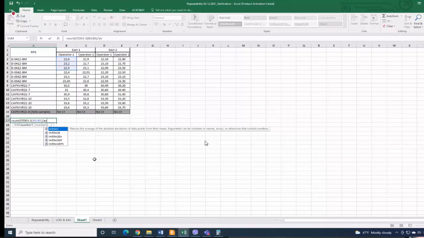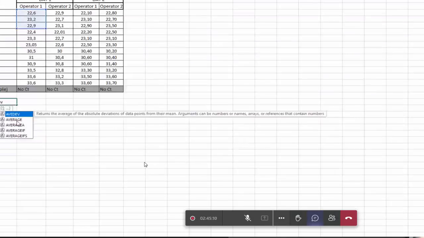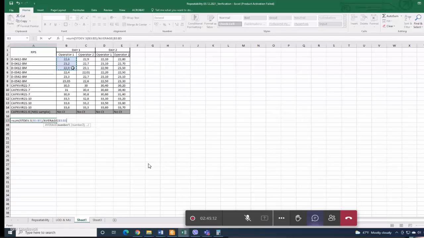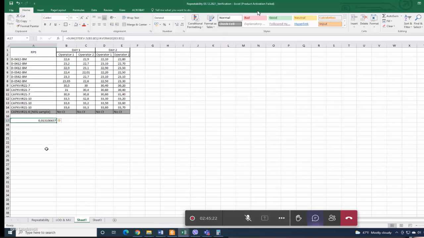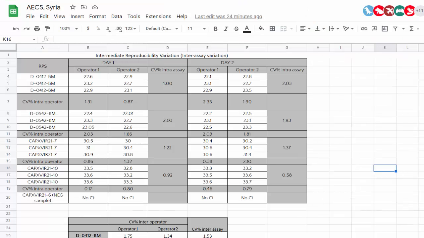Yes, please. Okay. So you choose the average function, and you again select the same range. So these 3 values. You close the brackets, and you put another bracket at the end, and then enter. So here now you will have the coefficient of variation for these 3 results. So this is the same thing that you should do for all other. So in our given example,